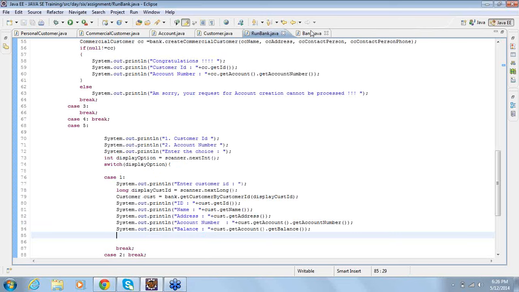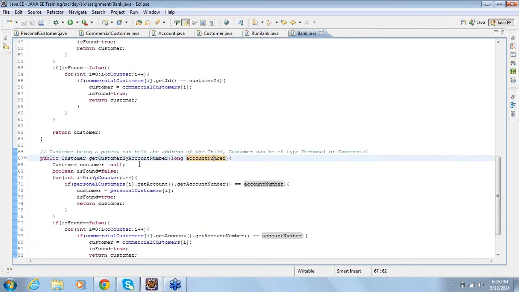Because when you look at the bank, you are searching in both the arrays. You are searching in the personal customer array and also in the commercial customer array. And at the end you are returning what? You are not returning a personal or commercial customer. You are returning a customer, who is a parent. You are storing the child object into a parent and returning it.